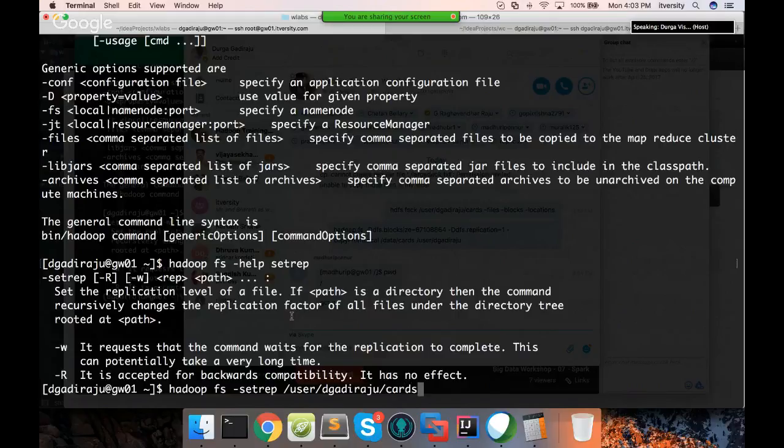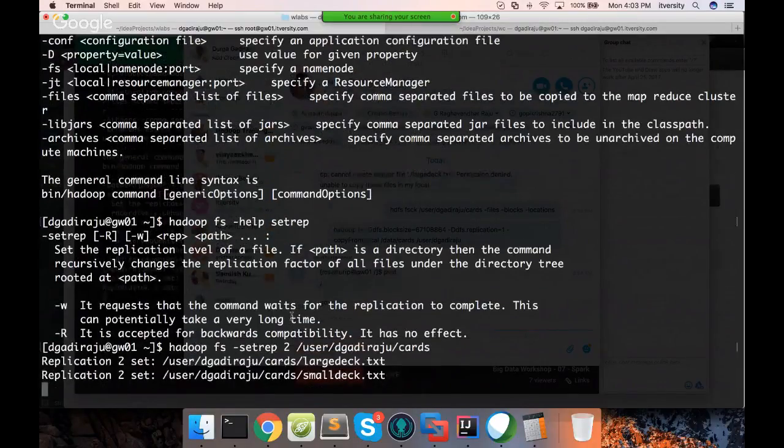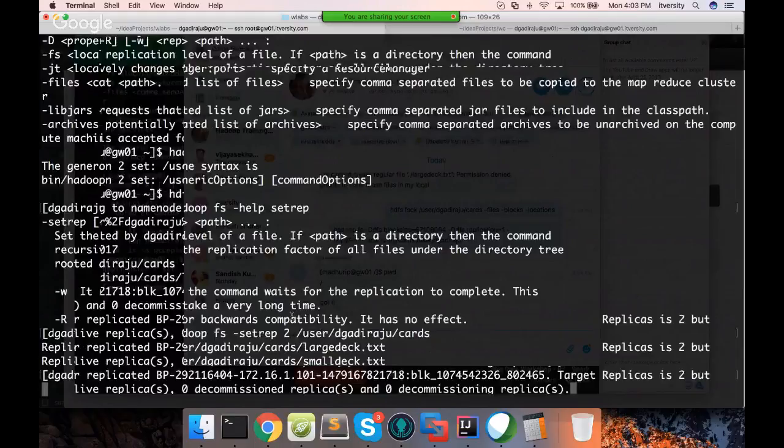I think, okay, first I have to give the value, not the path. Sorry, first the value and then the path. Instead of 1, now I am changing it to 2. Okay, now the replication factor is changed. And now if I run hdfs fsck with files, blocks, locations,